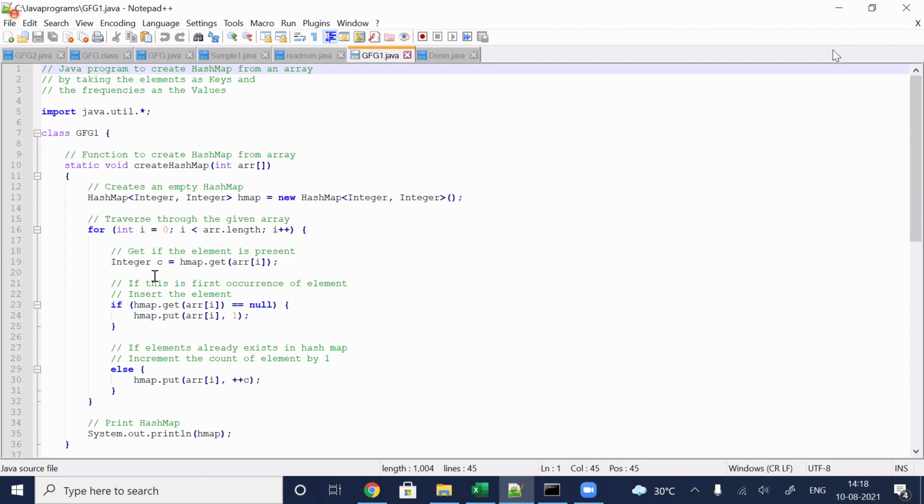Next, Integer c equals hmap.get(array[i]), which means if it is null, suppose